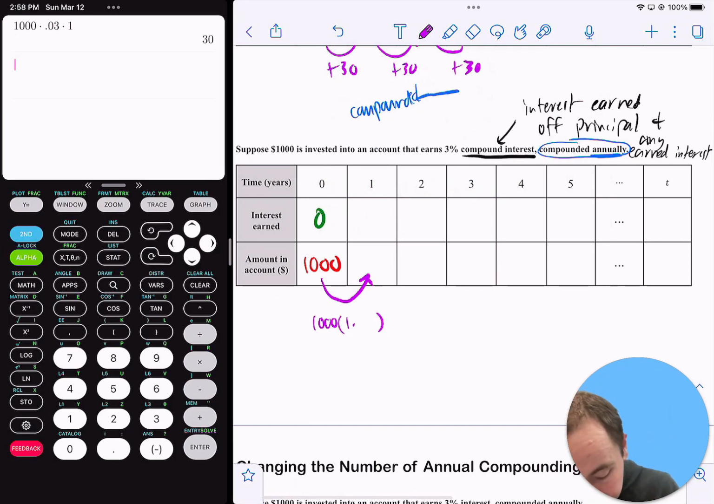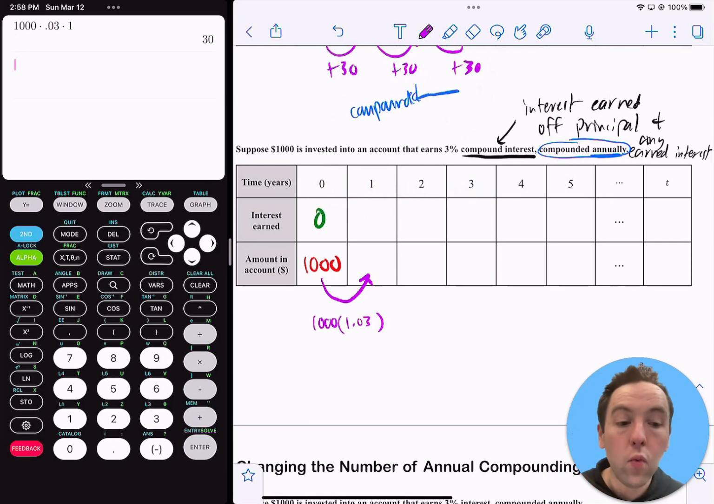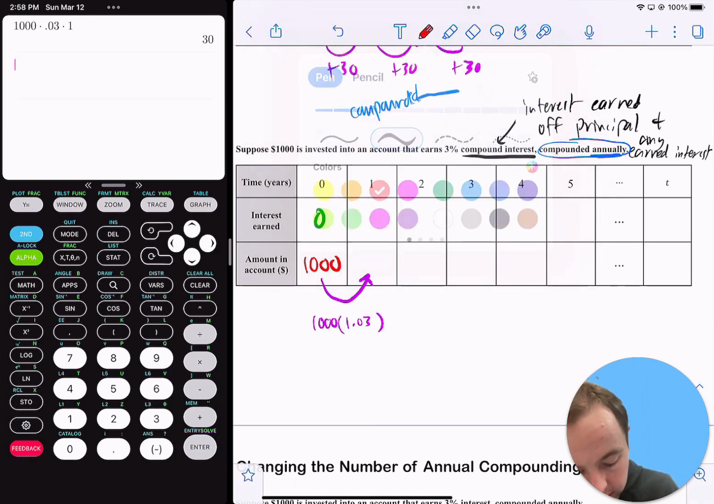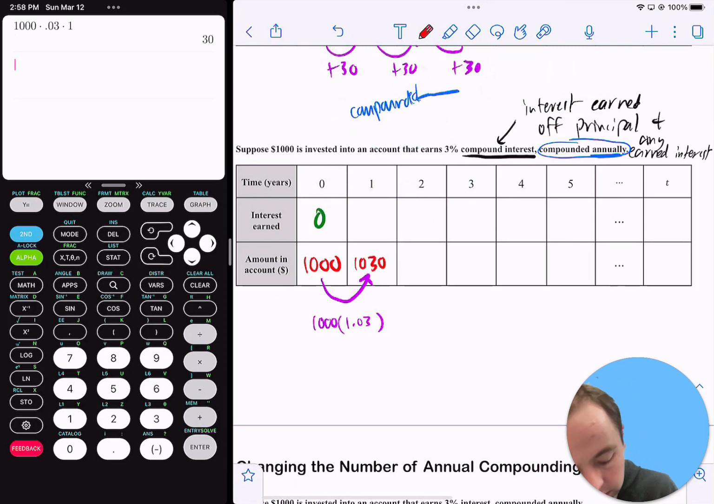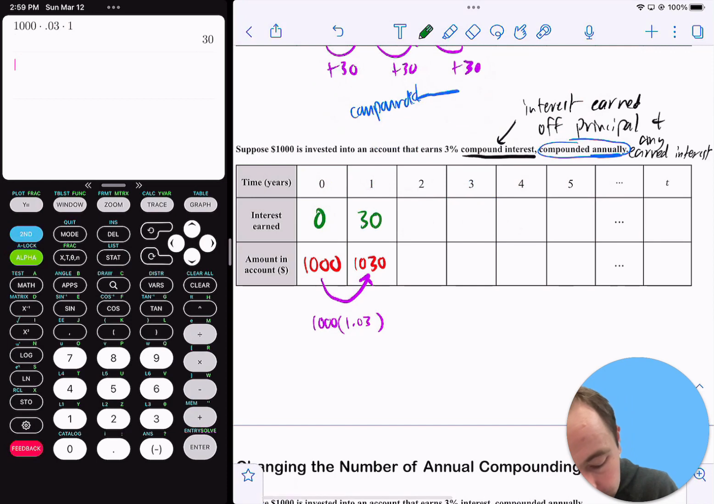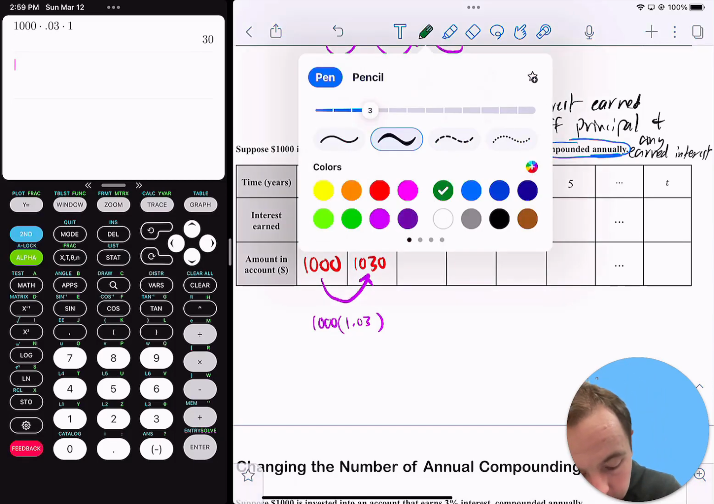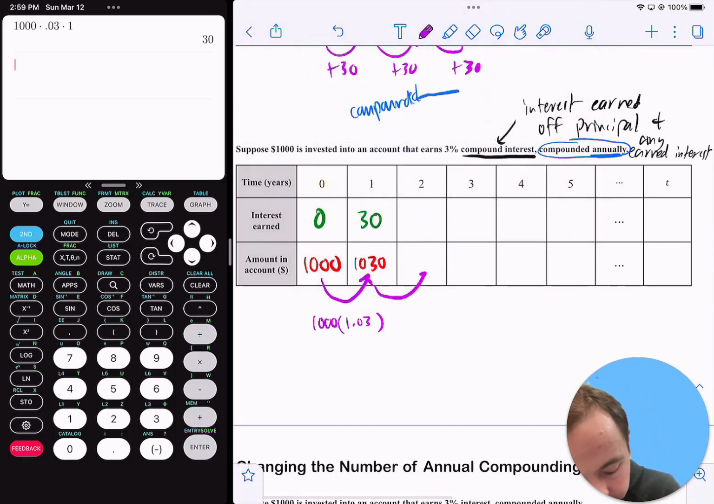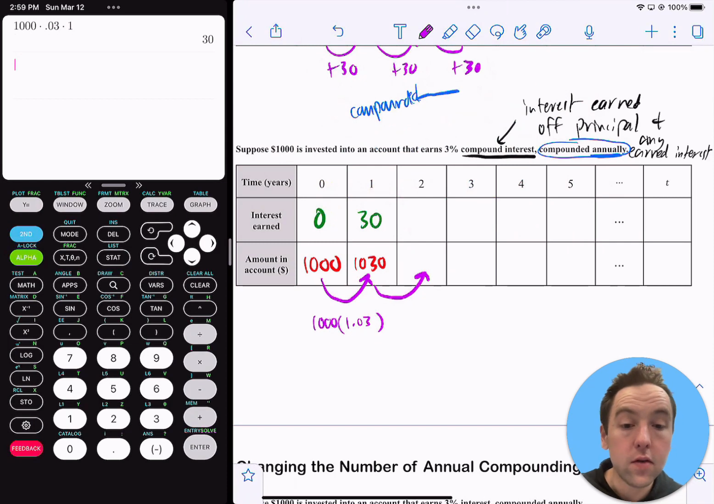So what that would mean is if I multiply it by 1.03, that would figure out what 103% of 1,000 is. And if you put that in a calculator and evaluate, it would tell you that you would now have $1,030 in your account. So what that means then is the amount of interest that you earn just in that first year is $30, right? So here's now where we start to see the difference in compound interest versus simple interest,